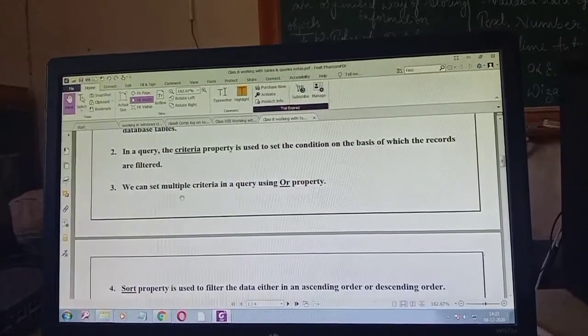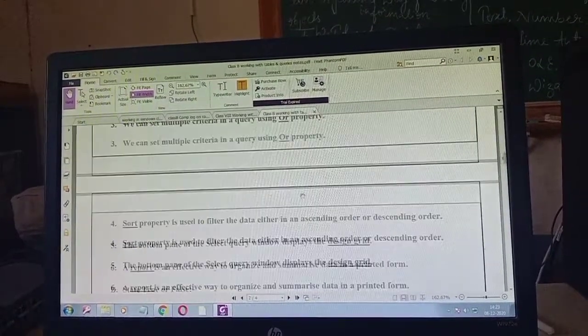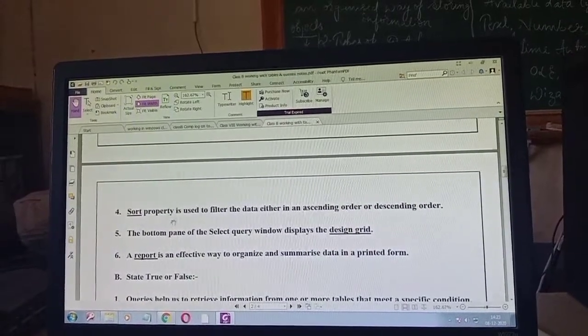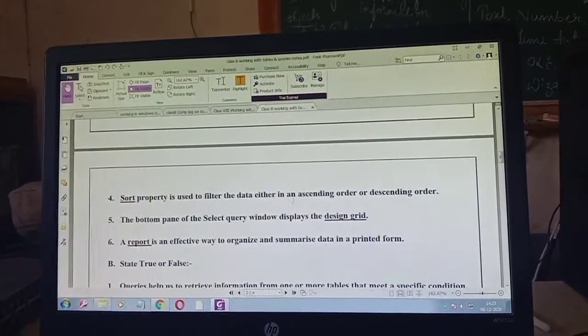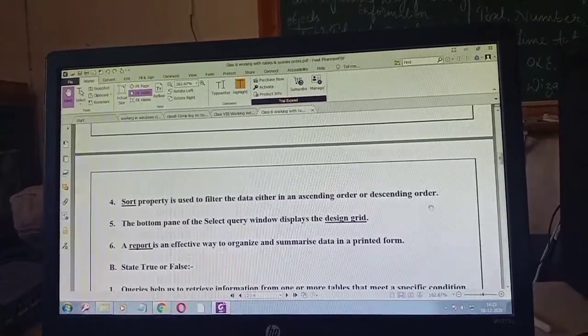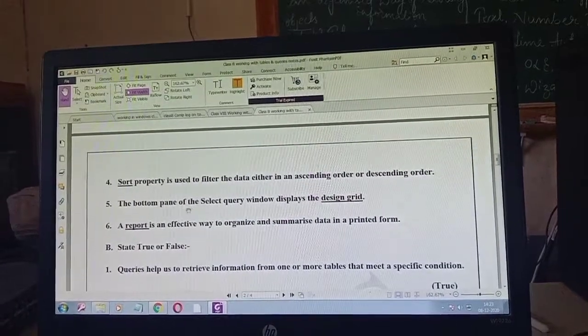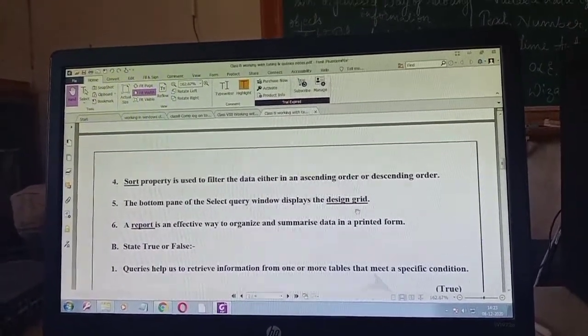We can set multiple criteria in a query using OR property. Sort property is used to filter the data either in an ascending or descending order. The bottom pane of the select query window displays the design grid.